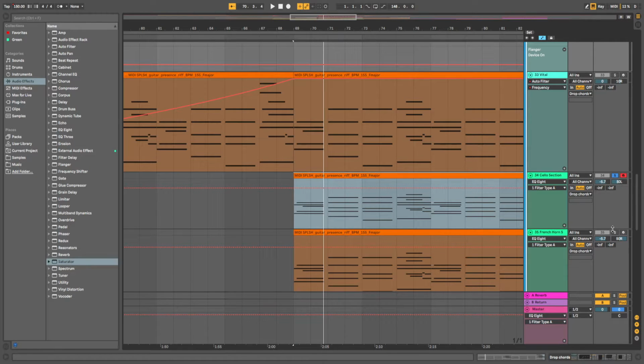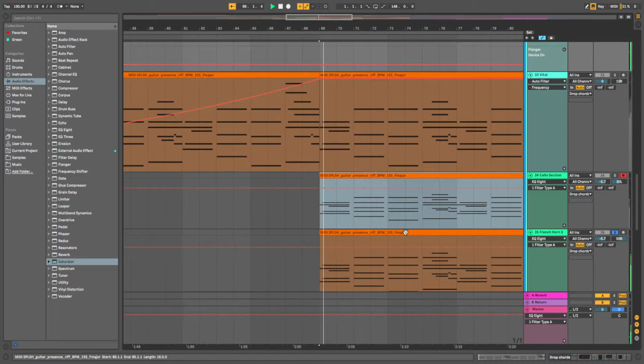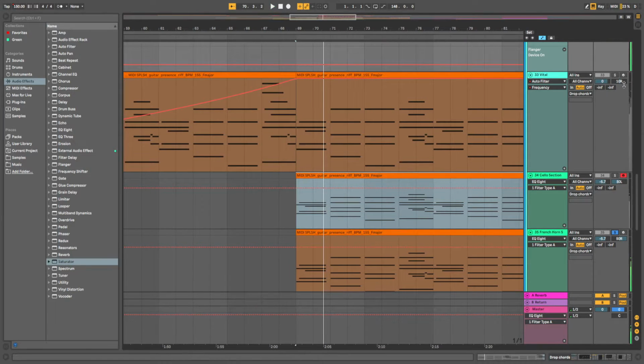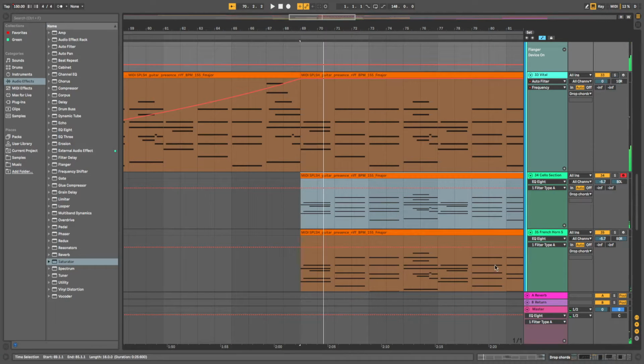So we have the cellos here. We have the French horn, and we have the lead synth. So together,